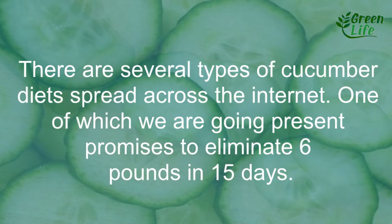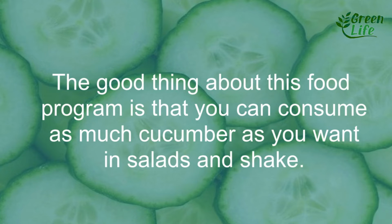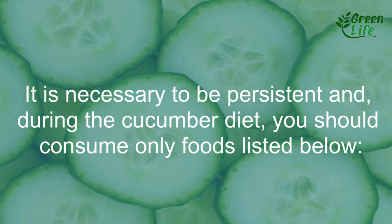There are several types of cucumber diets spread across the internet. One of them, which we are going to present, promises to eliminate 6 pounds in 15 days. To be successful, you need to include cucumber salad and a cucumber-based shake in your meals. The good thing about this food program is that you can consume as much cucumber as you want in salads and shakes. It is necessary to be persistent, and during the cucumber diet, you should consume only the foods listed below: